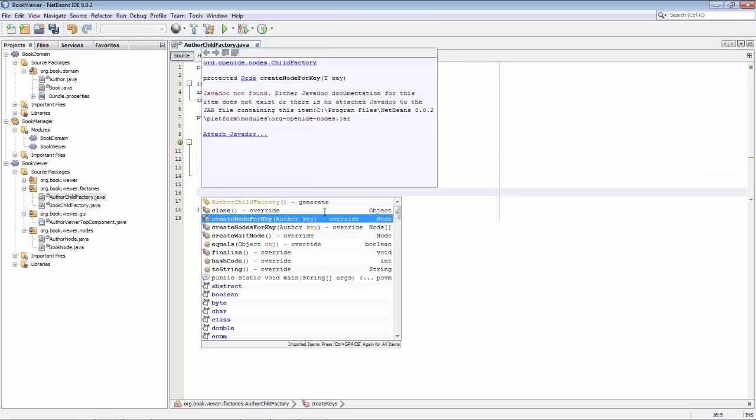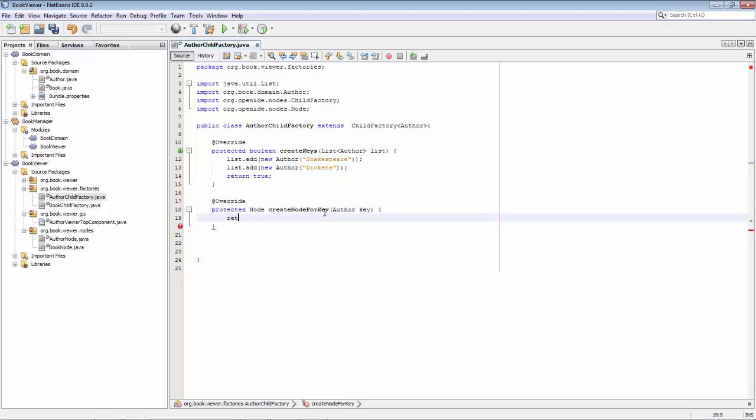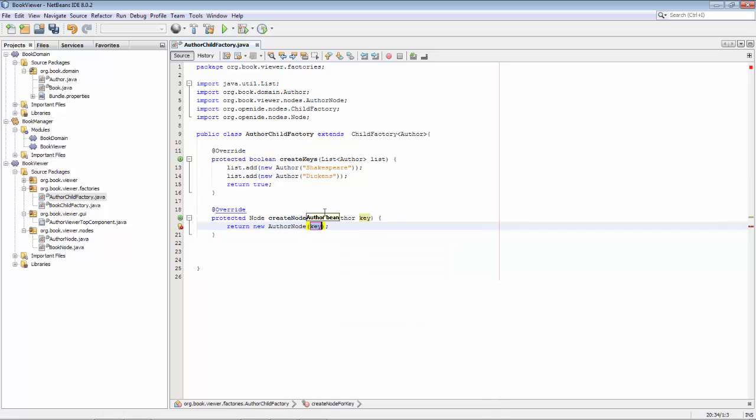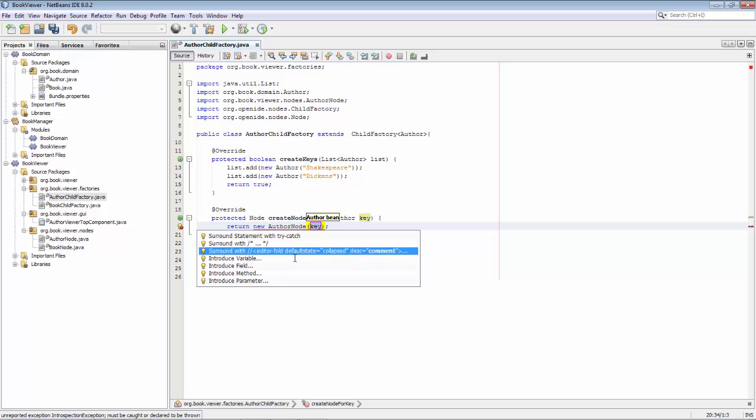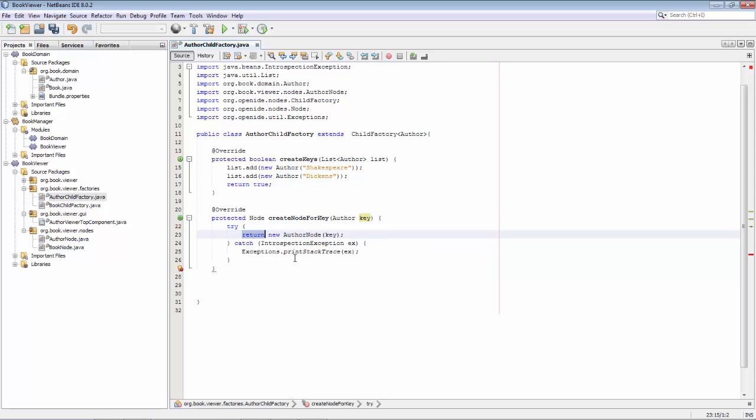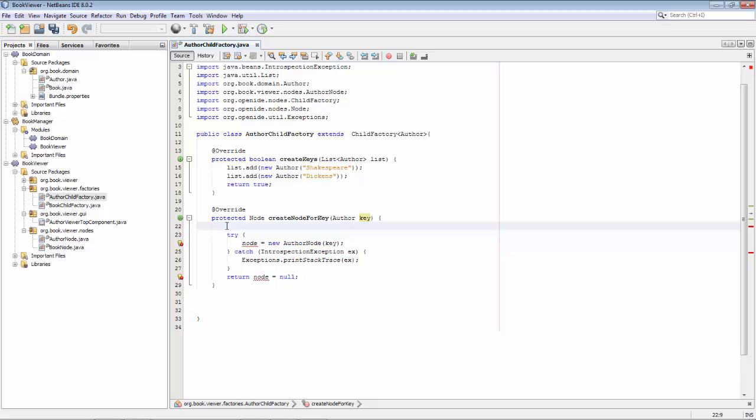And here we will return the author node that we already have created. Let's run with a try catch. Node, and return node null, and let's create the author node here. Author node equals null. There. Okay, so we have AuthorChildFactory,